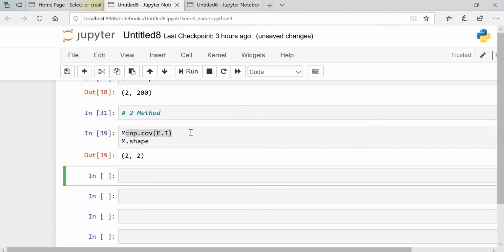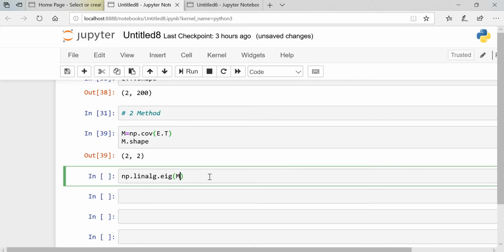Now we are calculating the eigenvalue and eigenvector. For that, simply the syntax is np dot linalg dot eig, right?